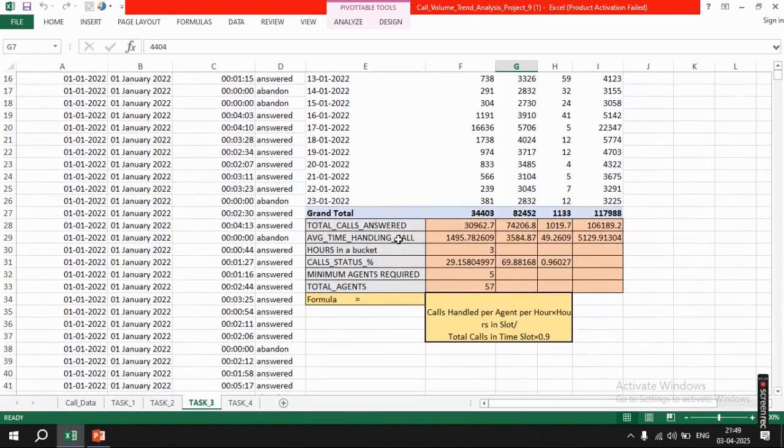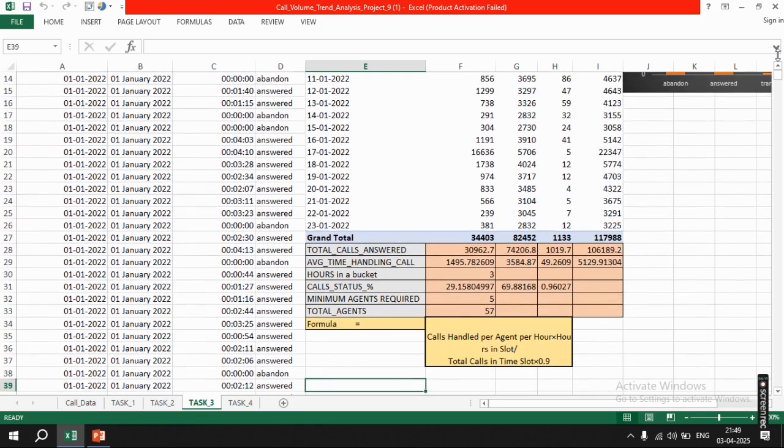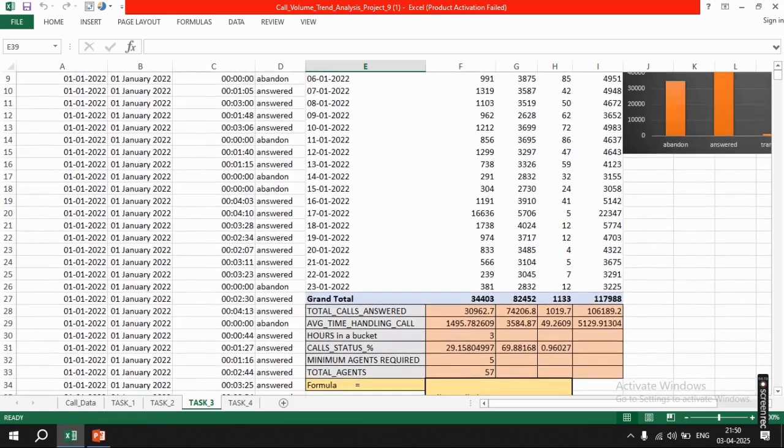We calculated these things. This is the average time handling a call. Use this formula for calculating the average. The hours per bucket were like 3. The call status was calculated using this formula, and the minimum agents required were 5 and total agents were 57. To calculate the total agents, I have used this formula,